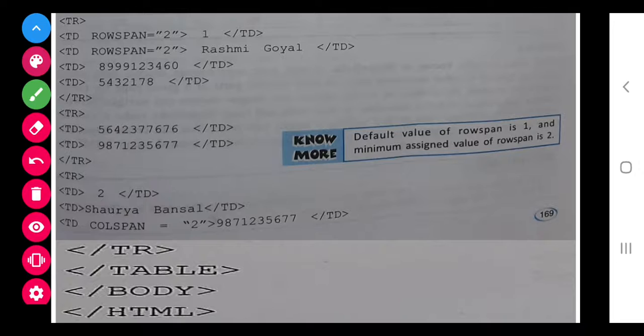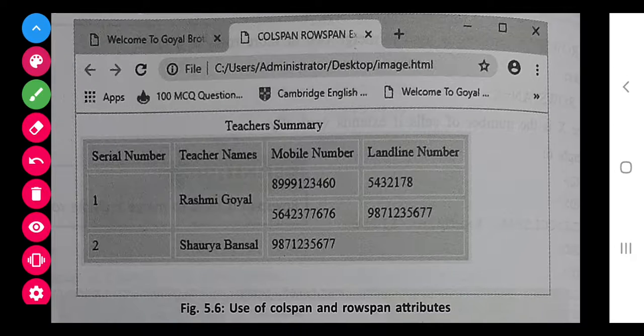Now this is the second row, this is the third row. Now see the third row. In the third row, this is already filled, this is already filled, this we have to fill. So 2 TD we will make, and in 2 TD we will write the same. Last one, this is not merged, so directly we will write TD for this, TD for this, TD, but with the colspan. 2 columns are spanned together.